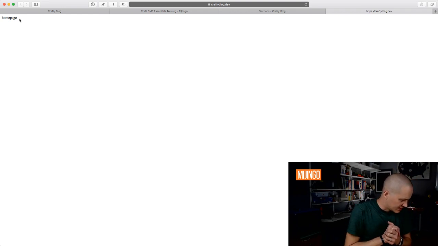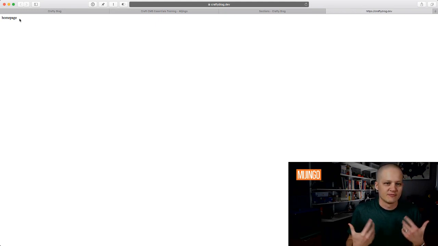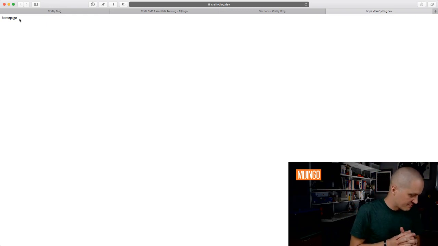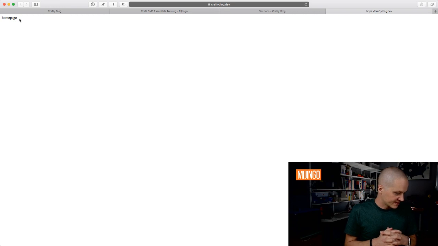Let's see. We have a question: are there pros and cons to using Twig versus HTML for the templates? From my perspective, it doesn't matter. I don't know if there's any performance considerations. But as has been mentioned here,